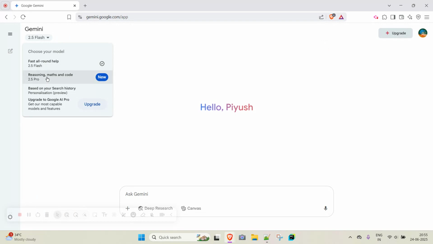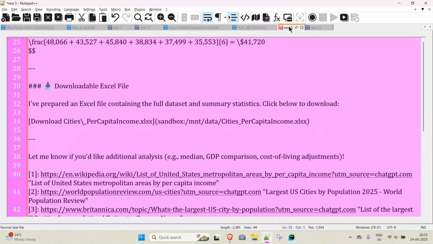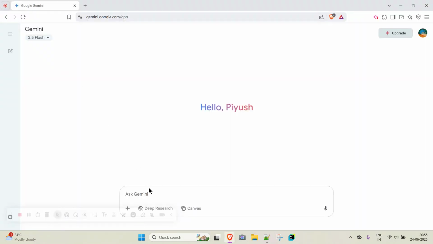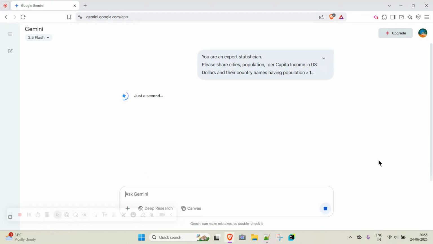Okay, so here we have one model with 2.5 Pro. I think it could be a paid one. So okay, let's stick with 2.5 Flash, and then let's paste our prompt and run this.